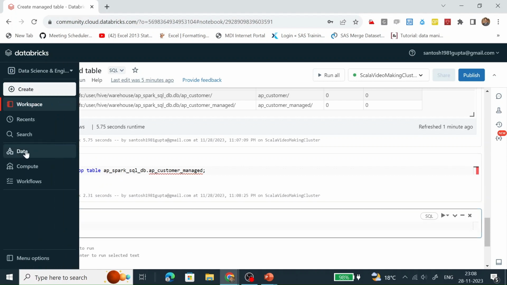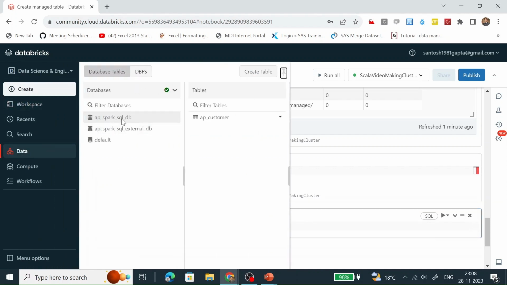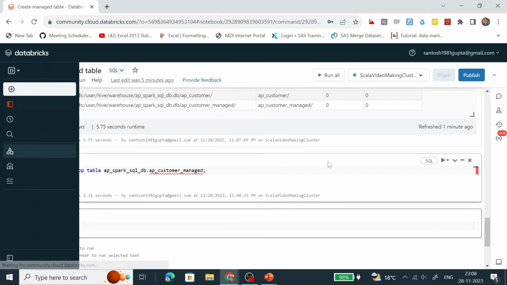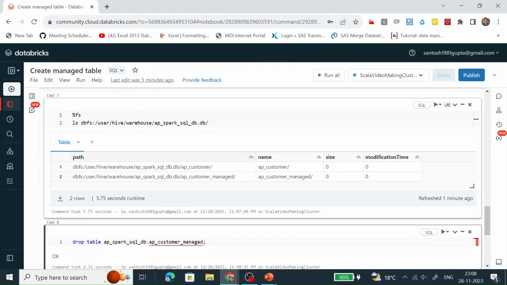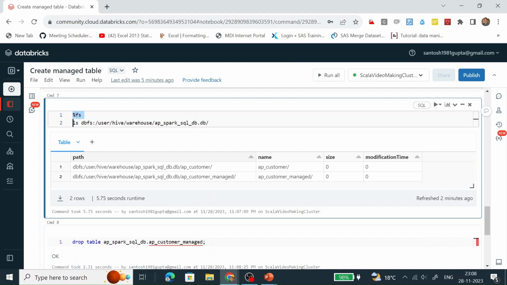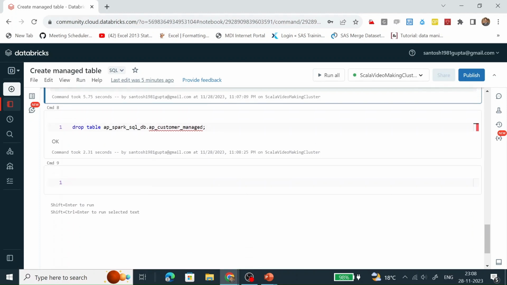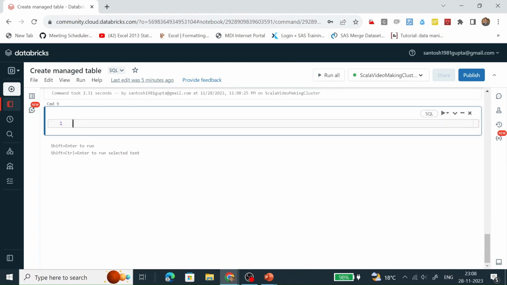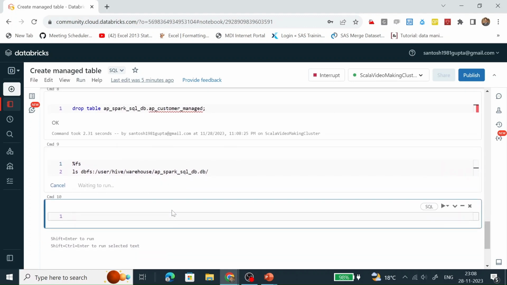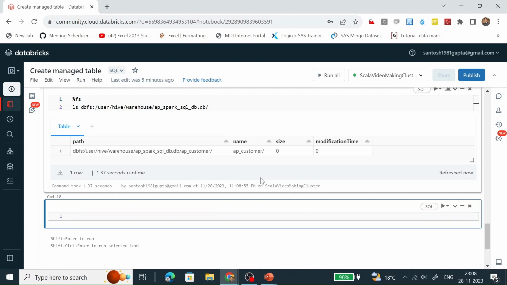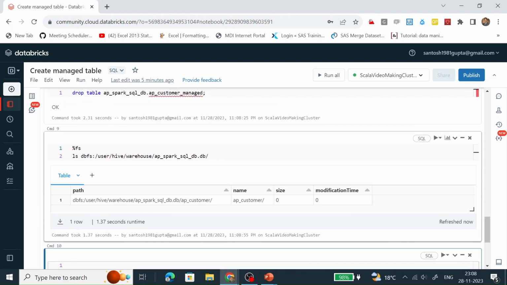We can validate from here also. This is the AP SQL DB. This AP customer managed table is not present here. And the data, we need to look in this folder. We can also see the associated data has been deleted from here also.